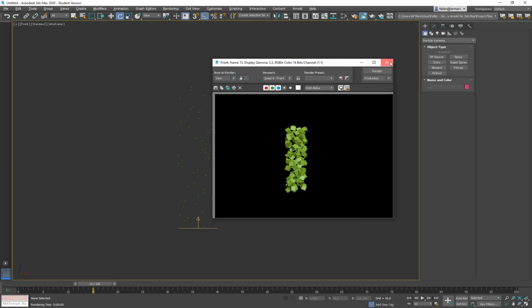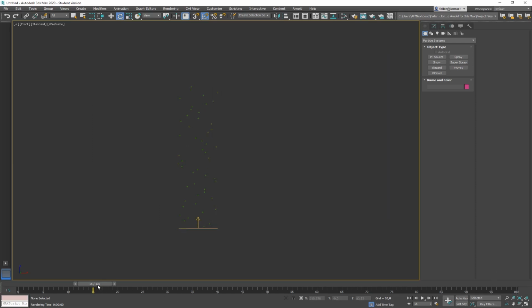Also, when you move your time slider forward a little bit, you can notice that at frame 30 the particles stop coming out of the particle emitter and they just continue to fly in the direction they came out. So this is called the birth. There's a birth event between 0 and 30, and during that time the particles are born and then they just live on. So they're not born anymore, but they're living on.